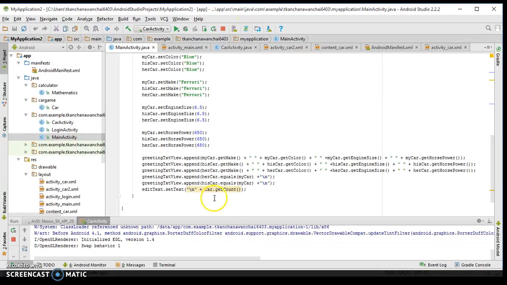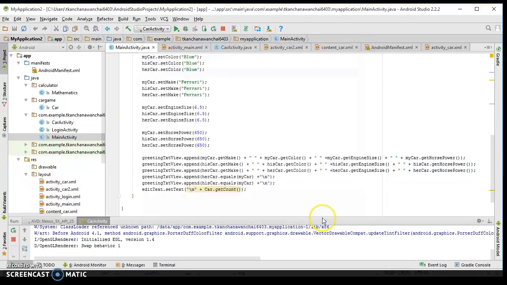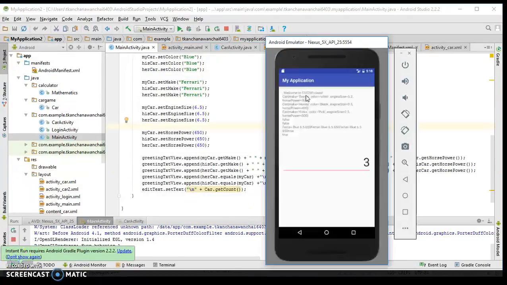So it's going to return, and when you do that, it returns 3 cars back and shows on the screen. If I run this program, it's pretty much just going to show on our main activity here. The code is just shown on the screen in the text view. And edit text, I just set the